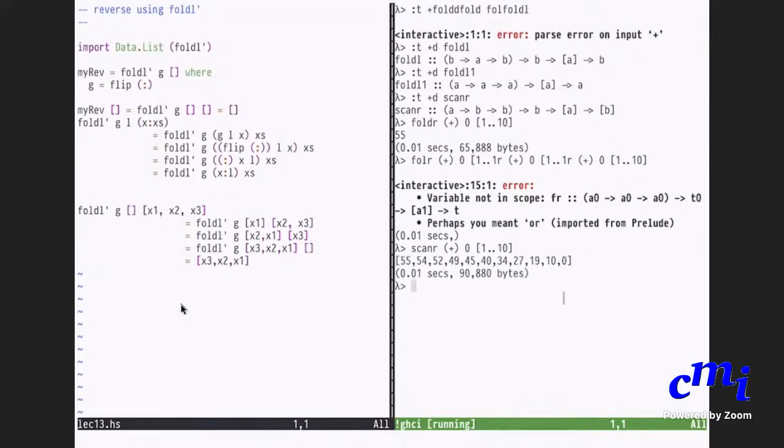It says, originally I did 0, then I did 10 plus 0, then 9 plus 10 plus 0, then 8 plus 9 plus 10 plus 0, then 7 plus that, then 6 plus that, 5 plus that, finally my value is here. So this is scanning from the right. You're scanning from the right, you're combining, but also you're producing all the intermediate values. This is useful in some cases.